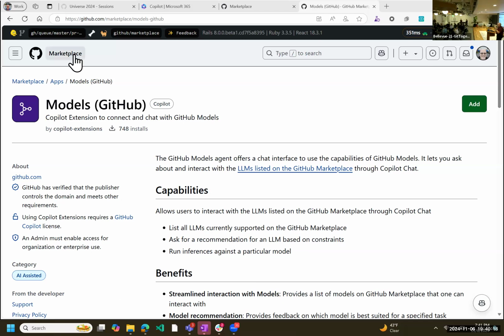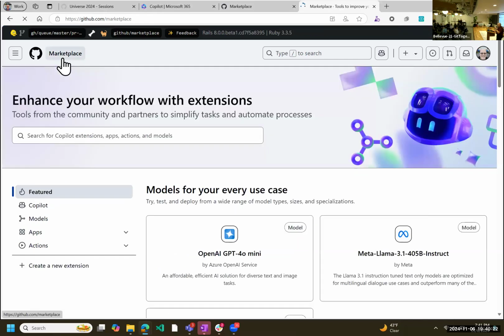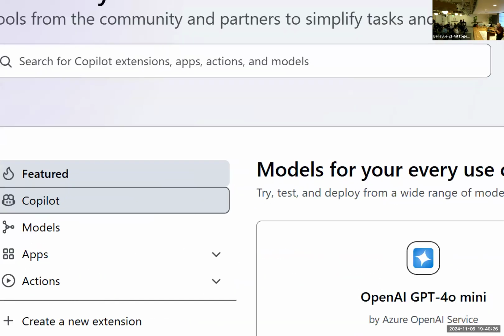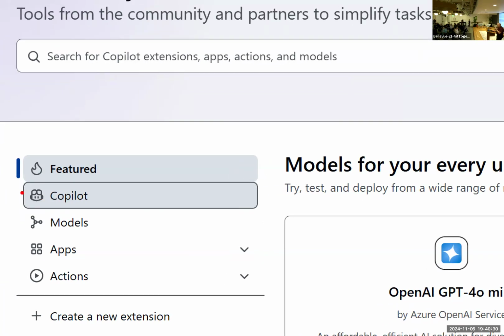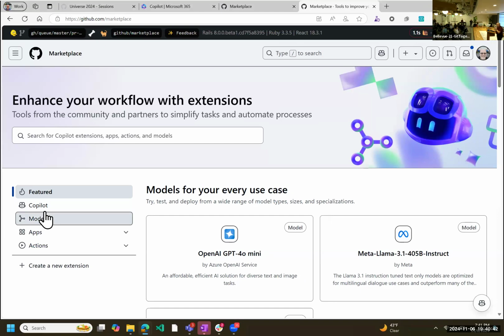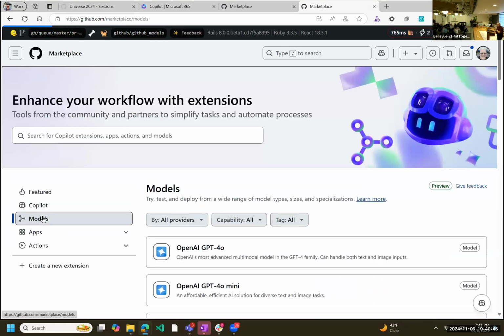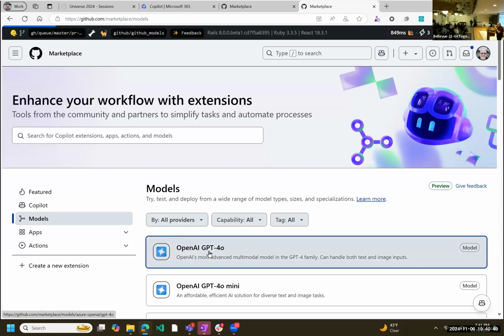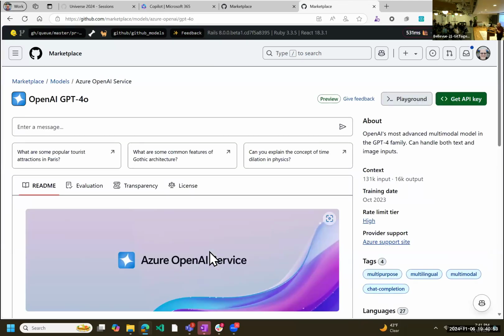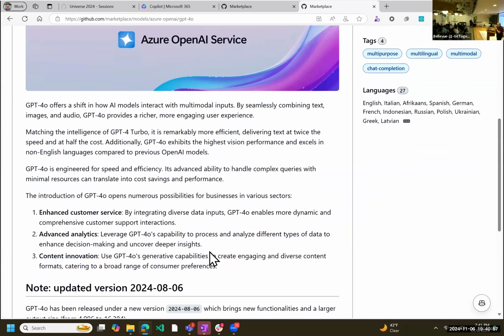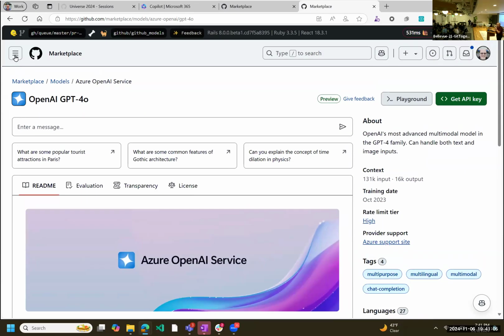All right, so when you go to the marketplace, we've got a couple of different things here. You've got Copilot, and you've got models there in the marketplace. With models, you can get a lot of information. It depends on the transparency of each model: what type of information do they actually provide, and how much detail do they provide? But also, if you're using Copilot, going back to the top level here,